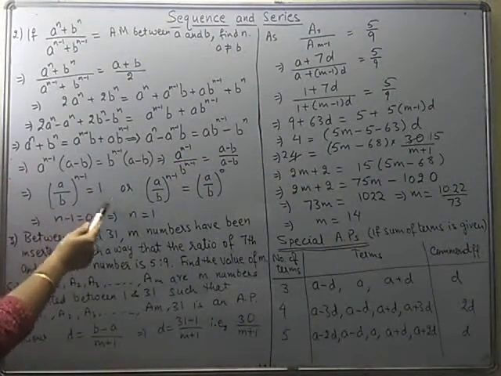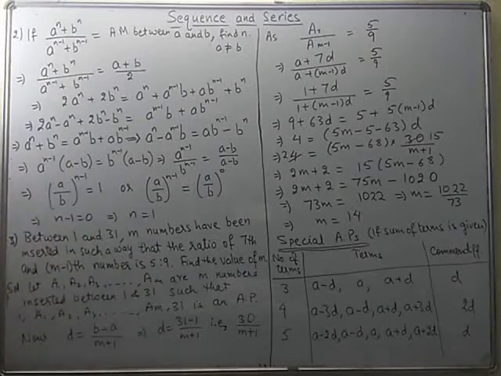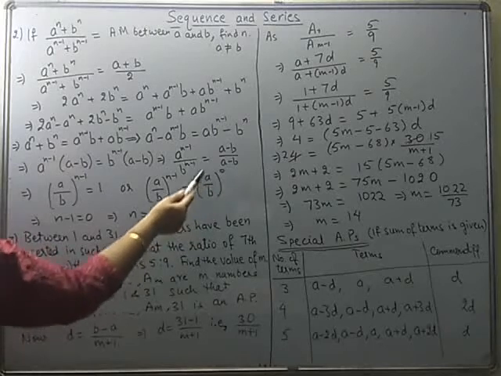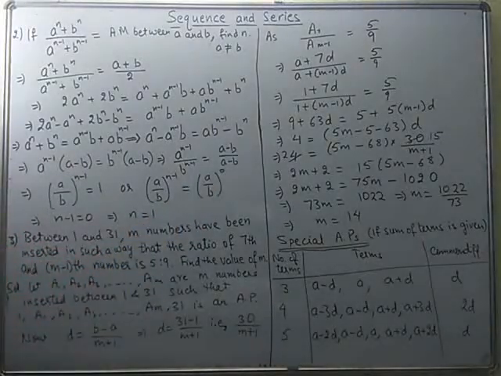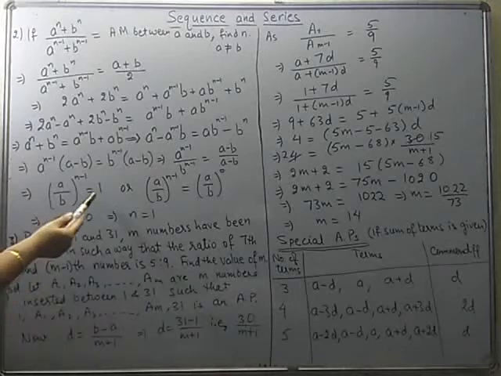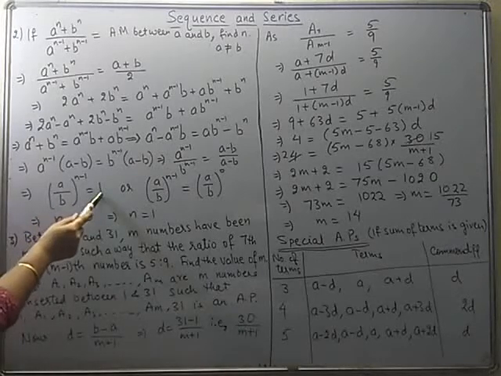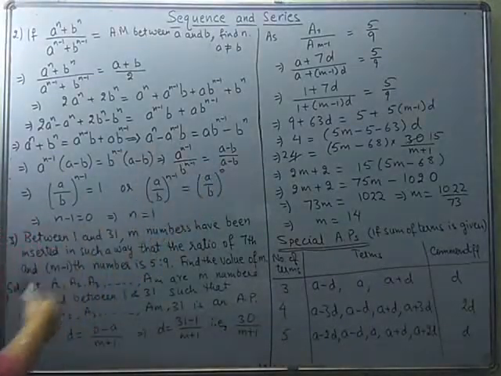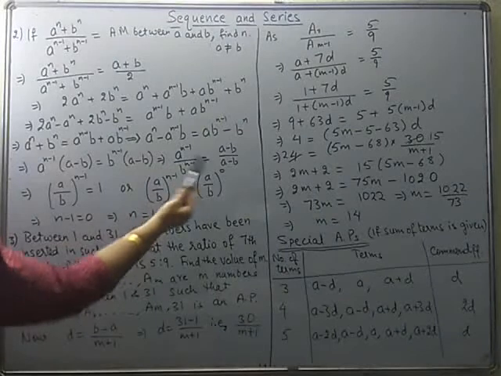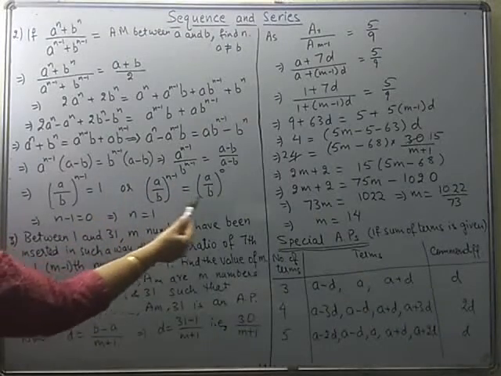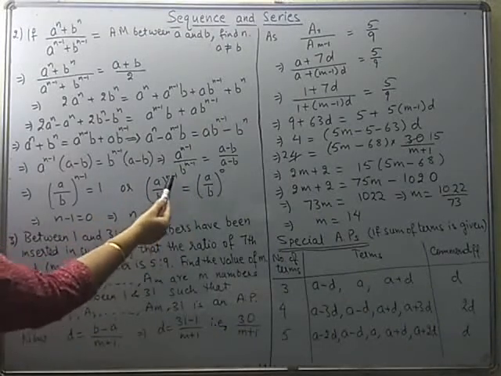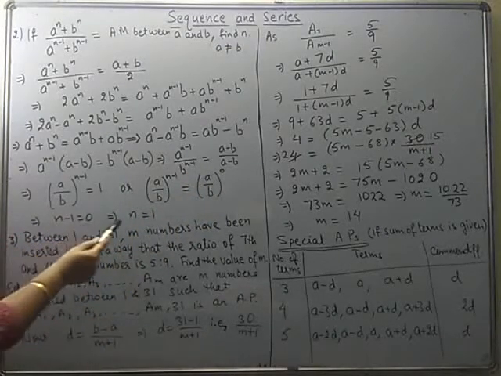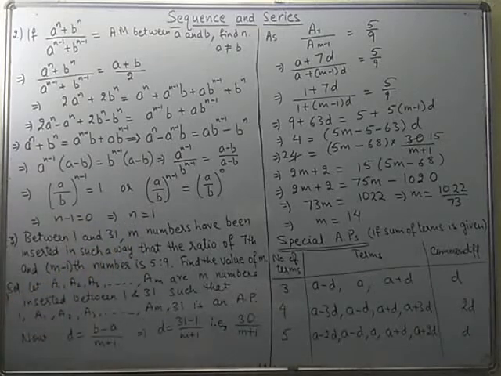Now can we write 1 in terms of A and B? You can see a non-zero number raised to the power 0, using the law of exponents, is equal to 1. So we can replace this 1 by (A over B) whole to the power 0, or index 0, or you can say exponent 0. Now because the bases are the same on both sides, their exponents have to be equal. That means n minus 1 will be 0, which gives us n is equal to 1.